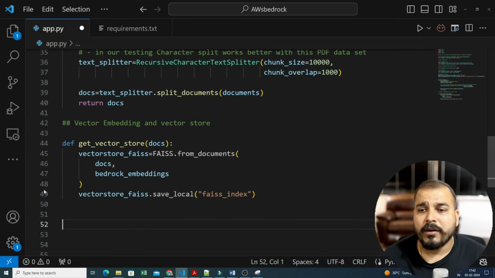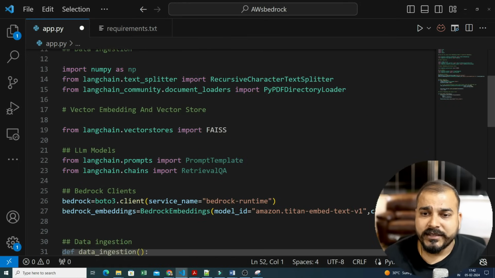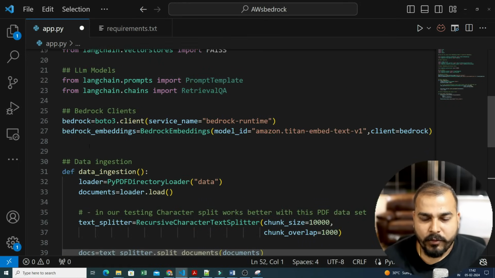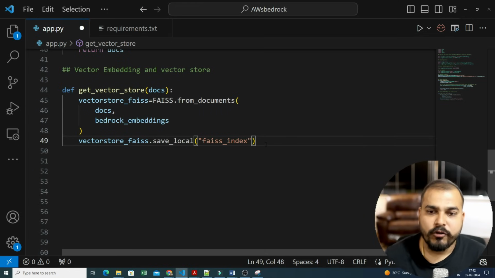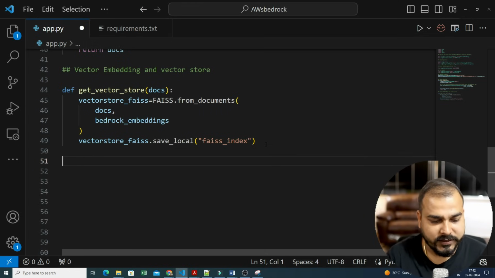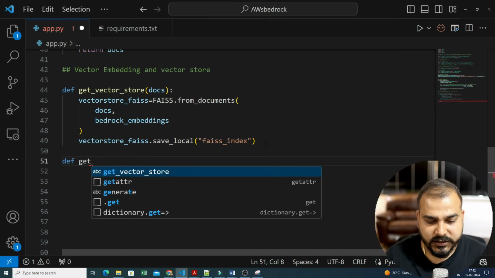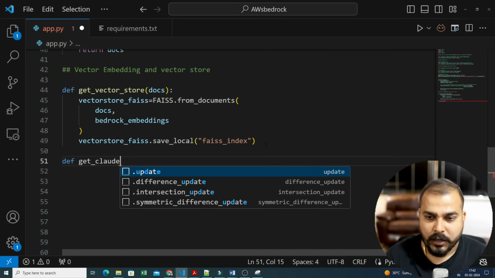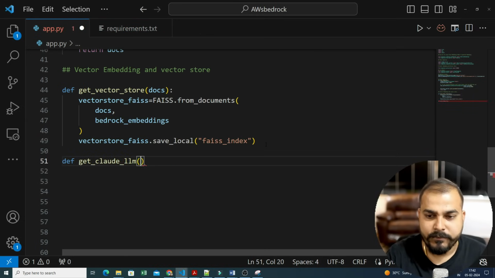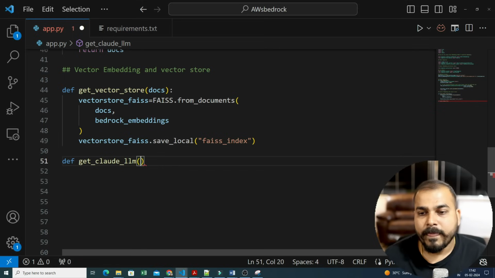Now let's talk about the next step. In the next step, based on the import, we have to work with LLM models. Now what we are going to do over here is create some LLM models. Let's say the first LLM model that I'm going to work with is Claude, right? So I will say Claude LLM. And inside this Claude, we will